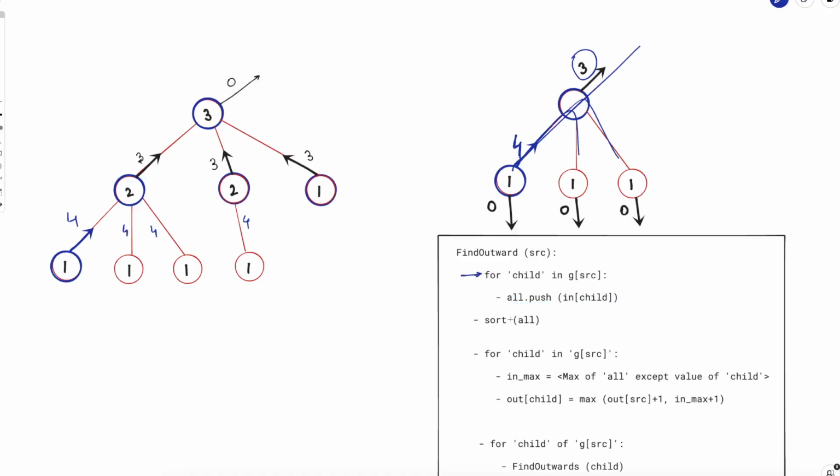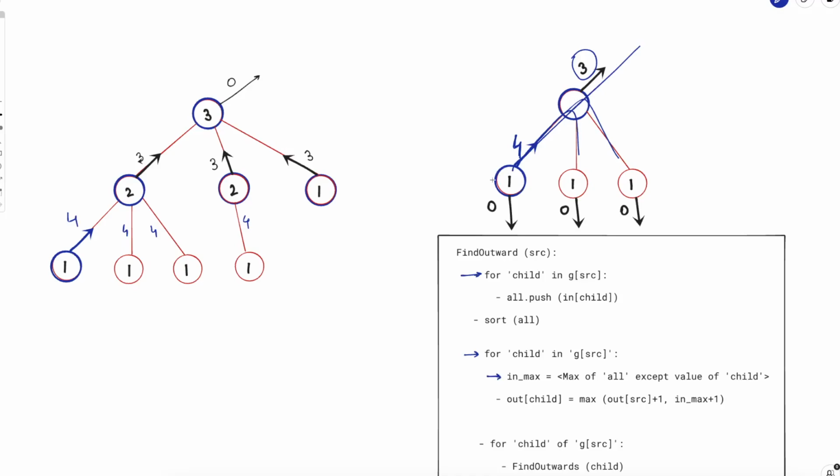You will, let's say, sort the answer as well, because for every path that exists, you wanted the maximum one. So let's say you sort everything as well, and for each child, you are going and figuring out what the in max is. In other words,